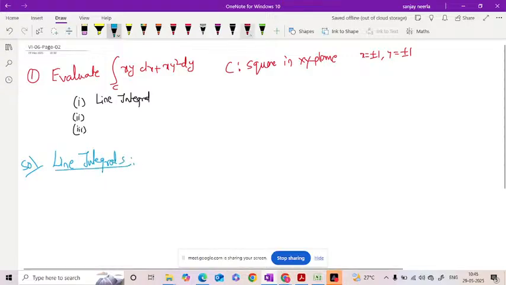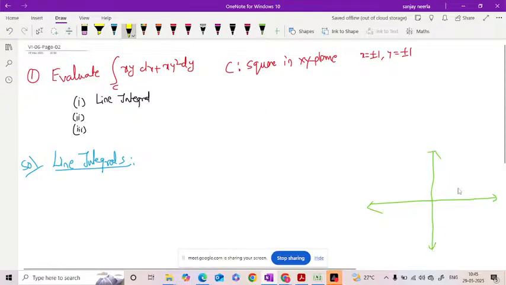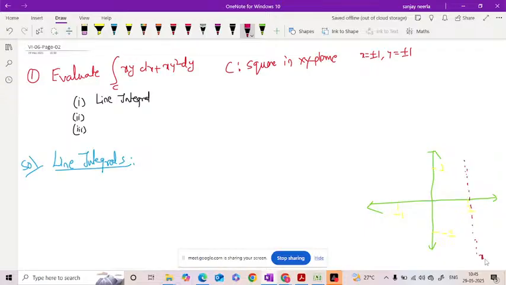So before that, first of all, draw the diagram. So what is the structure? Assume this is the y-axis and this is the x-axis, and it is given that x is equal to plus or minus 1 and y is equal to plus or minus 1. That means, assume this is plus 1 and this is minus 1, this is plus 1 and minus 1. So here this is the x is equal to plus 1 line,